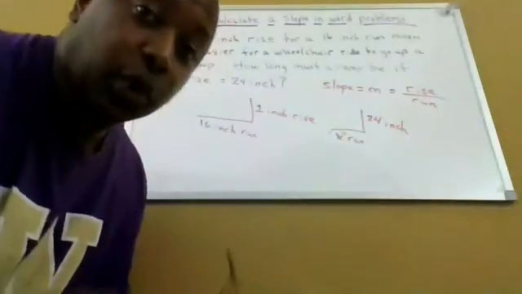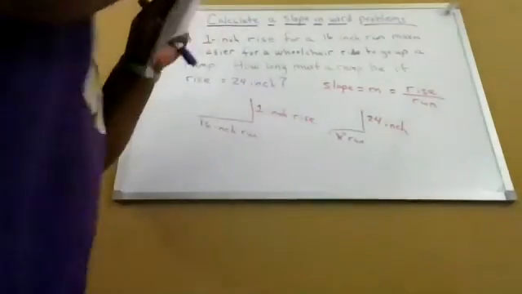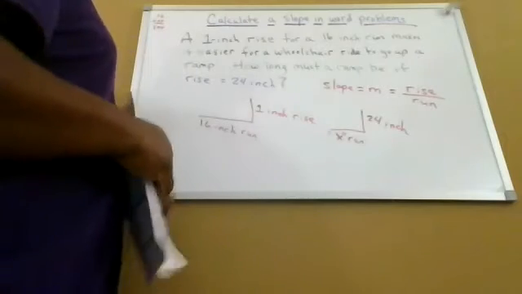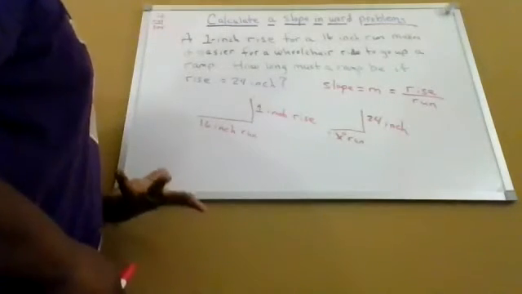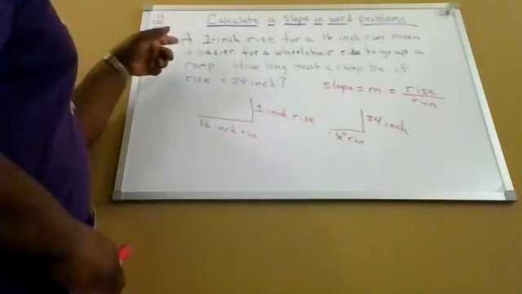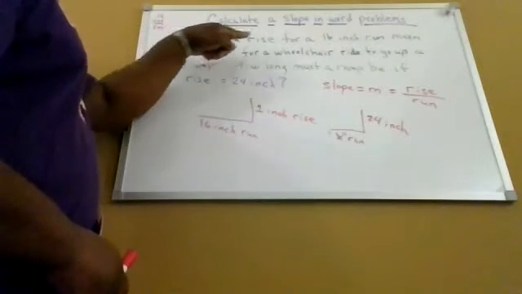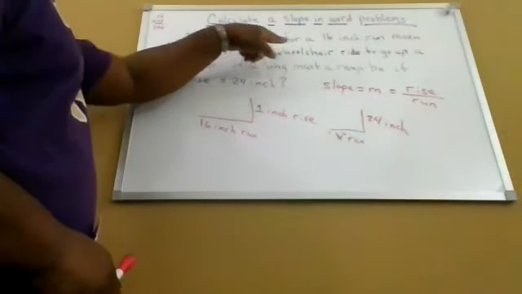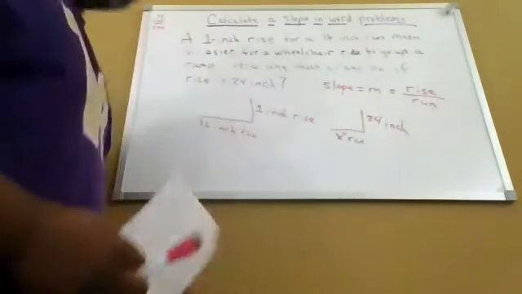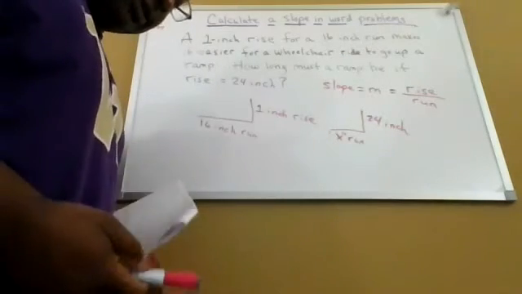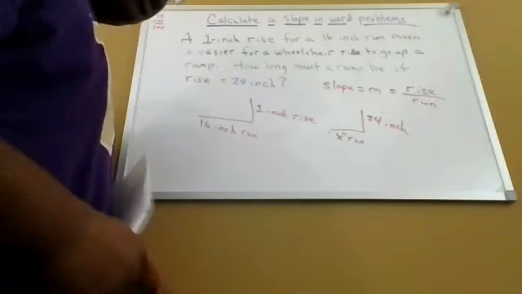Okay, class, here we go with our next video that has to do with calculating a slope using word problems. So on the board here, our problem is a 1-inch rise for a 16-inch run. Let's stop right there. We know we're talking about slope, and we know that slope